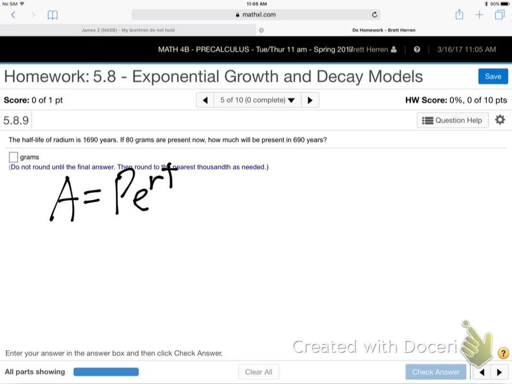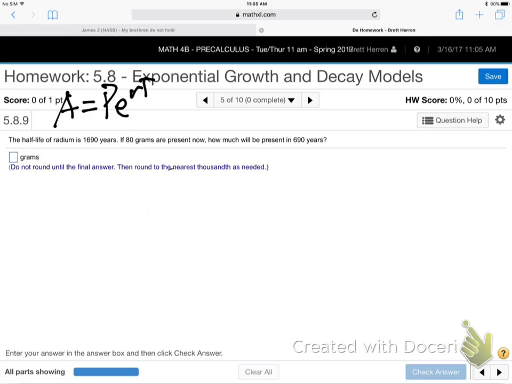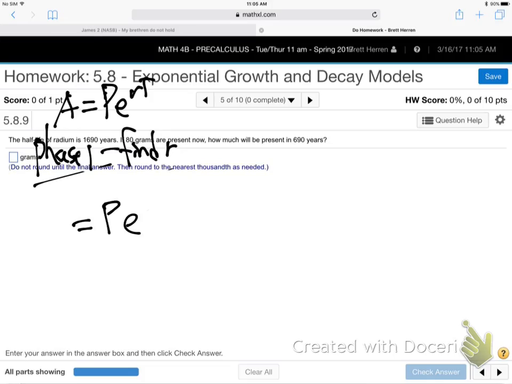And remember, we do these in 2 phases. So phase 1, in fact, I'm not leaving myself very much room. Let me move it on up there. So A equals PERT. Going to use that for all these exponential growth ones. Phase 1 is find R. Get your hands on R. So how do I do that? Well, I'll plug in the information. They're telling me 1690 years. So when time is 1690,